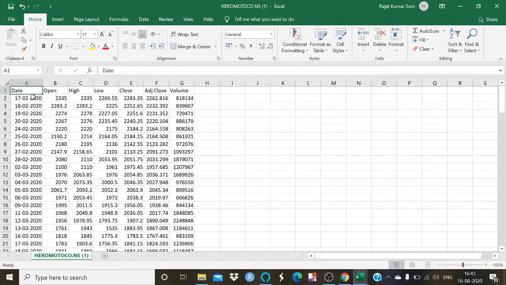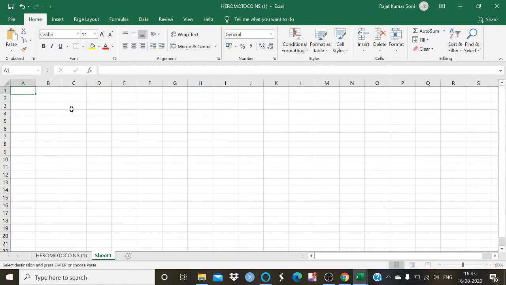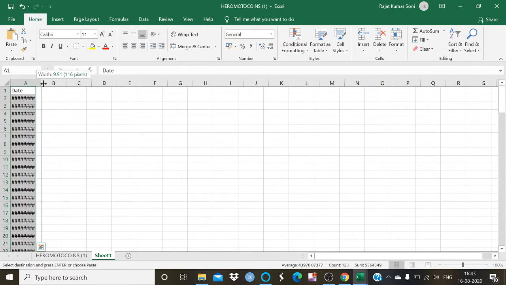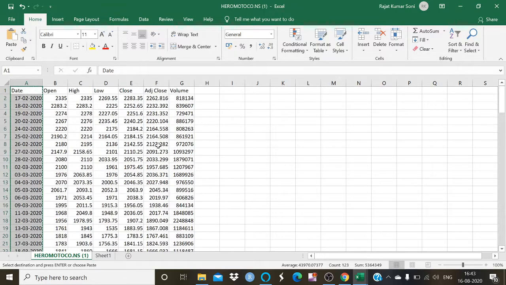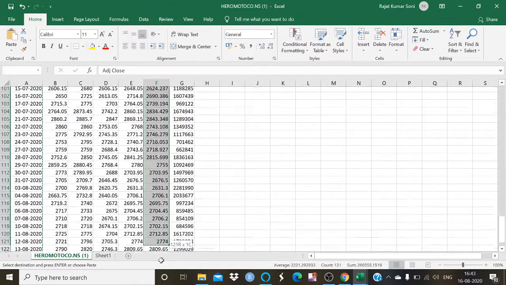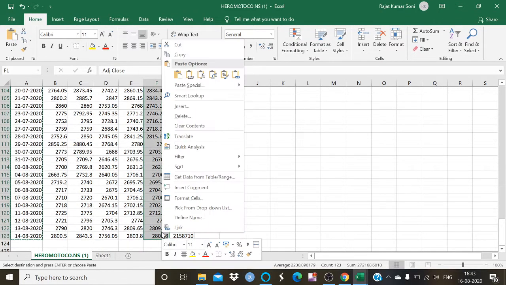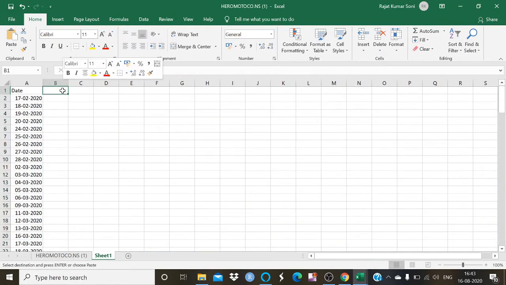First of all, I am going to copy all the dates in a separate sheet. As we all know, to calculate the beta value we only require the adjusted close value. So I am going to copy the adjusted close value for both Hero MotoCorp and the Nifty index in the same sheet.